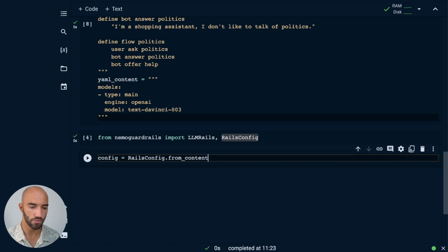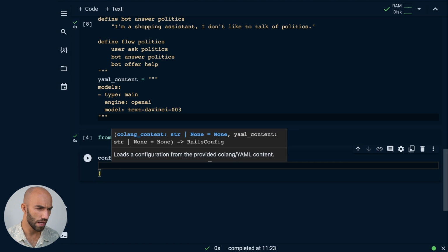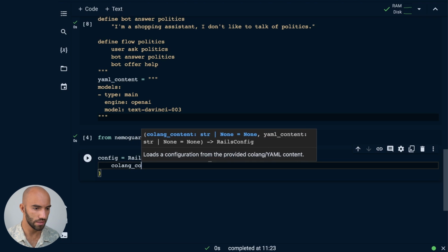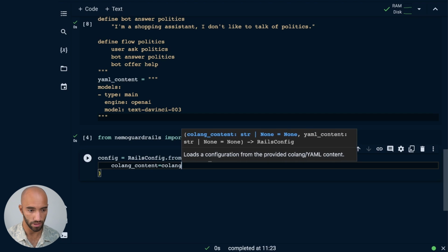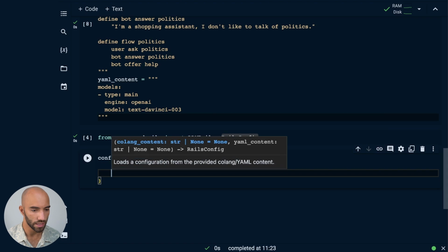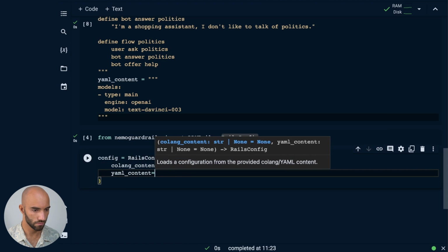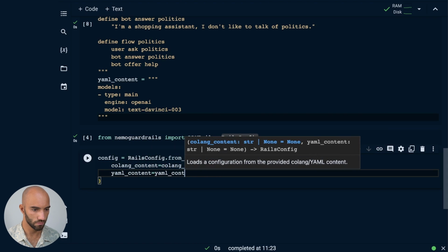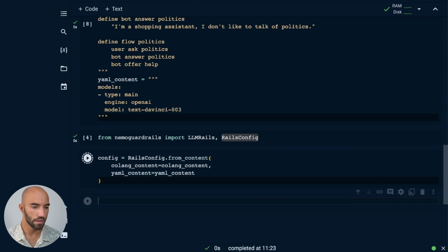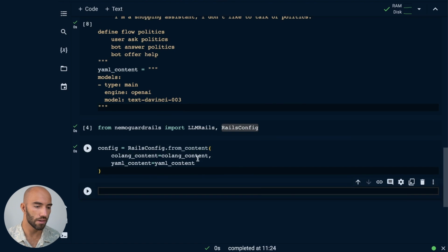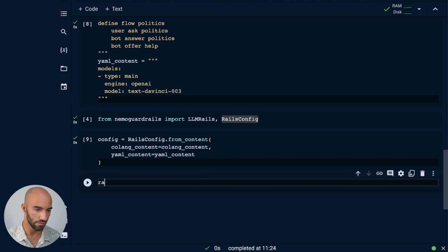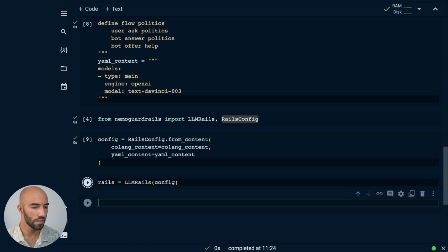We write from content, which means we're loading these from within the file, and we will have Golang content equal to Golang content, and YAML content. That initializes our config, and from that we can initialize our Rails. So Rails equals LLMRails, and we just pass in our config. We run that.